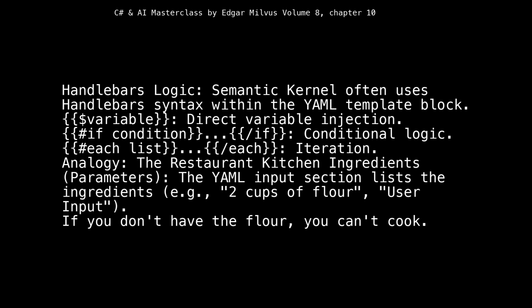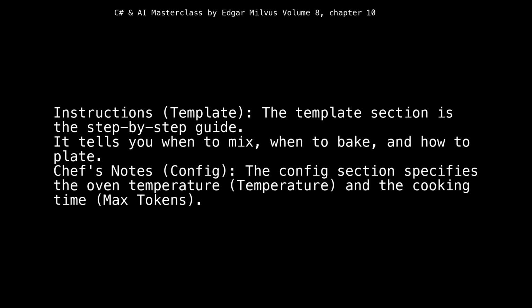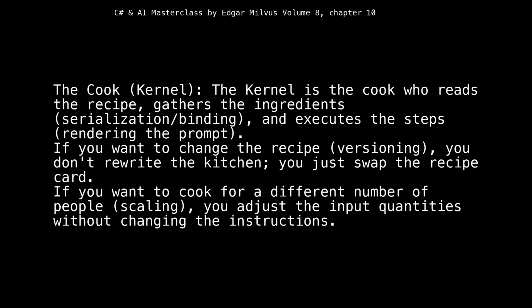Analogy: the restaurant kitchen. Ingredients are the parameters. The YAML input section lists the ingredients, for example, 2 cups of flour, the user input. If you don't have the flour, you can't cook. Instructions are the template. The template section is the step-by-step guide. It tells you when to mix, when to bake, and how to plate. Chef's notes are the config. The config section specifies the oven temperature and the cooking time, max tokens. The cook is the kernel. The kernel is the cook who reads the recipe, gathers the ingredients, serialization and binding, and executes the steps,